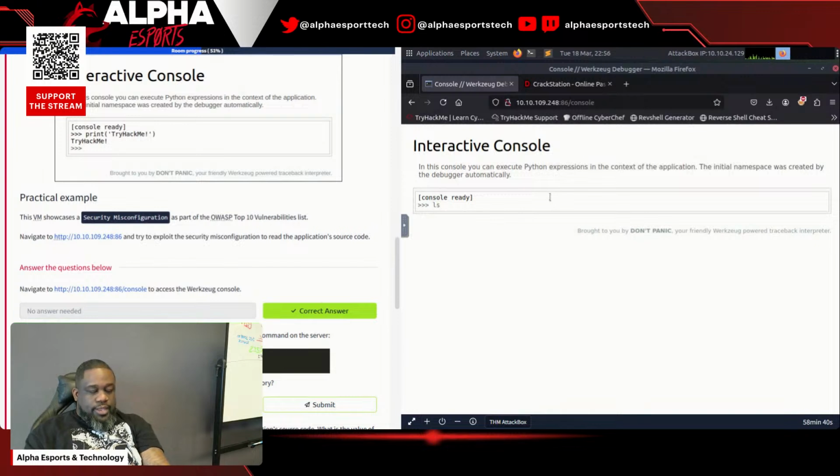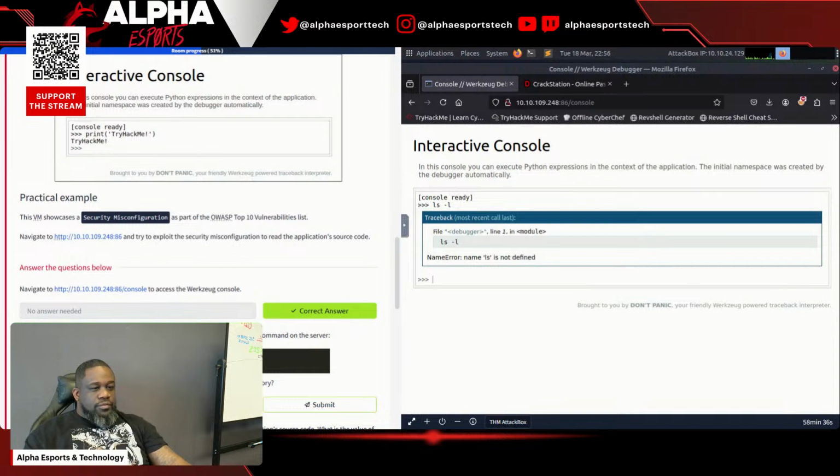So if we do ls -l, you see it doesn't let us do that just like that, because again, this isn't just Linux. So what we have to do is type in the Python equivalent of that. We're going to say import os, and then we're going to say print